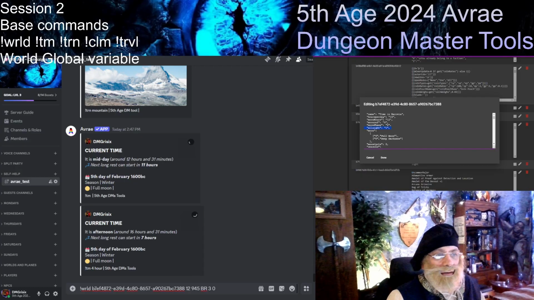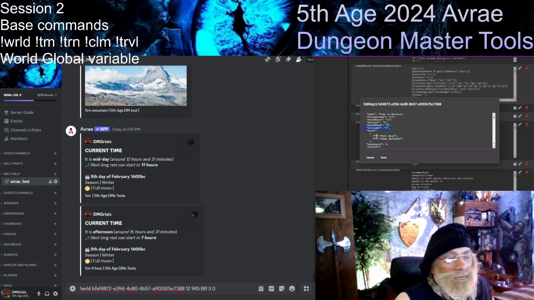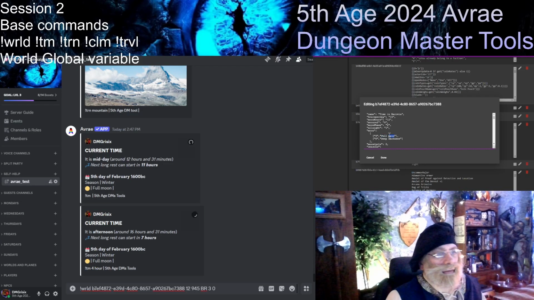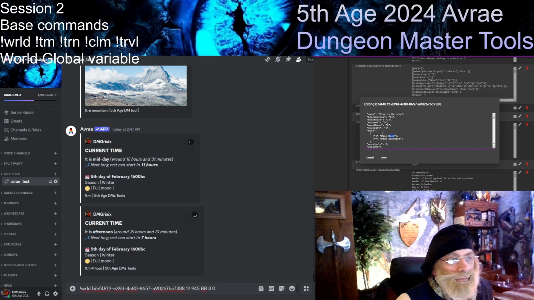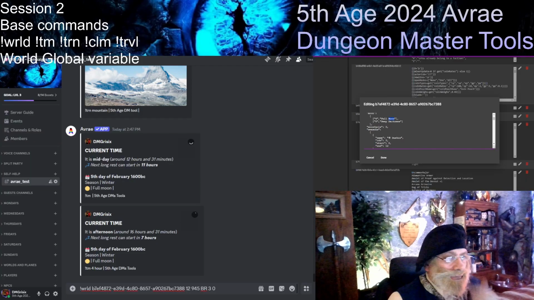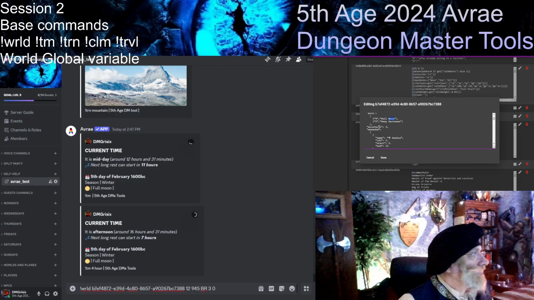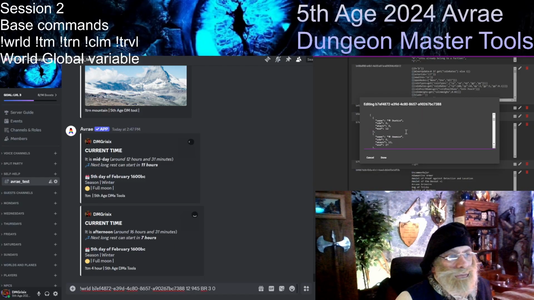There's no in between. So these are the codes that track the icons that will represent those stages of the moon. Otherwise you have the full moon range: half moon, gibbous, waxing and stuff like that. But here for Barovia we only deal with full moon or no moon at all, deep darkness. So I'm not going to go over the moon cycle. That will be for when a moon cycle lasts more than a few hours, but a few days. And then we're going to go through the season.